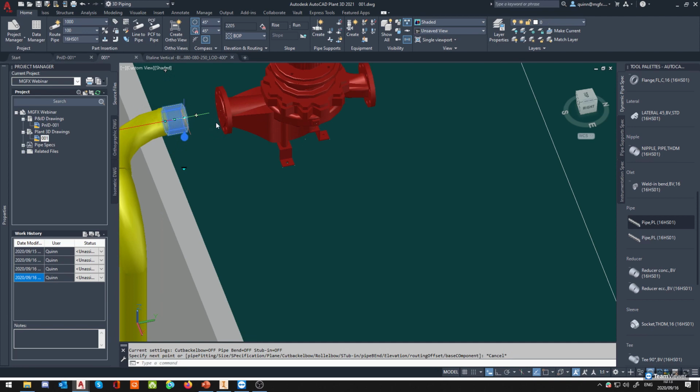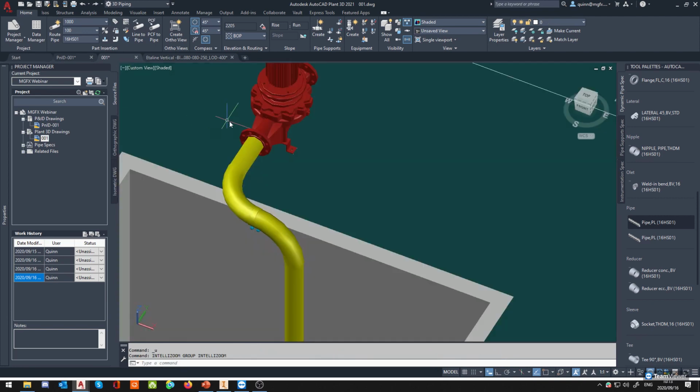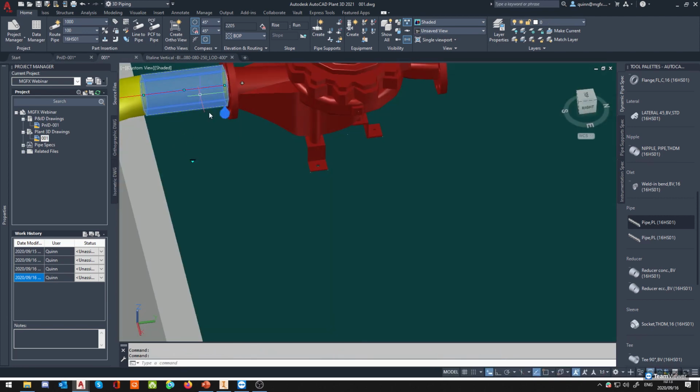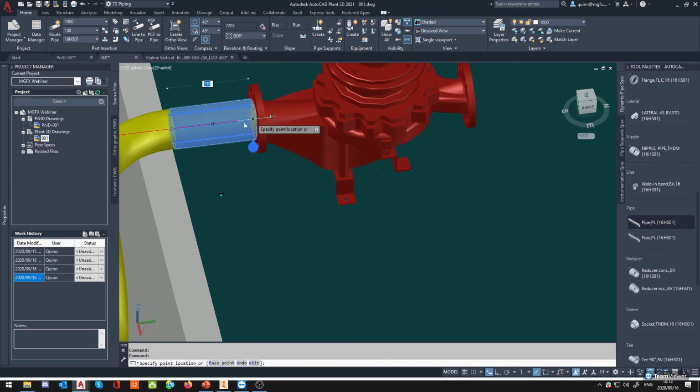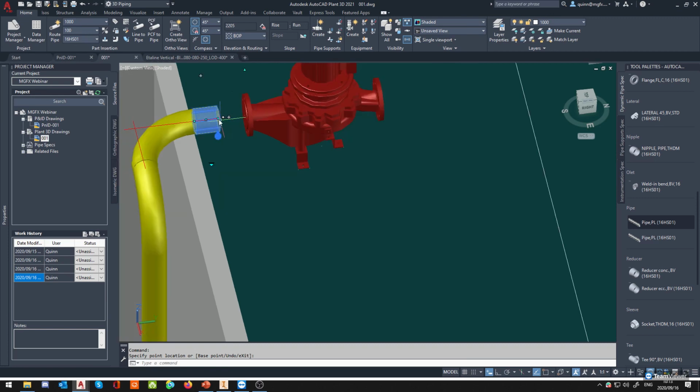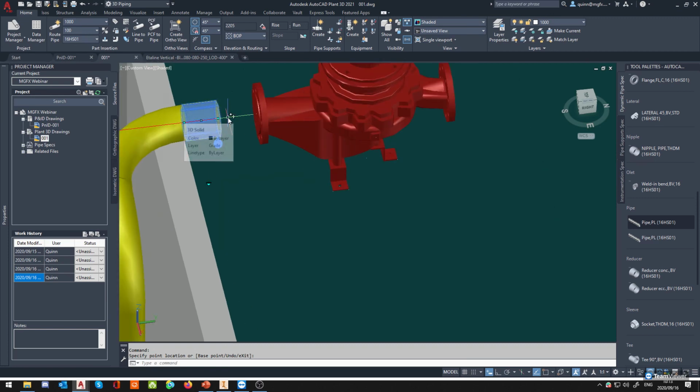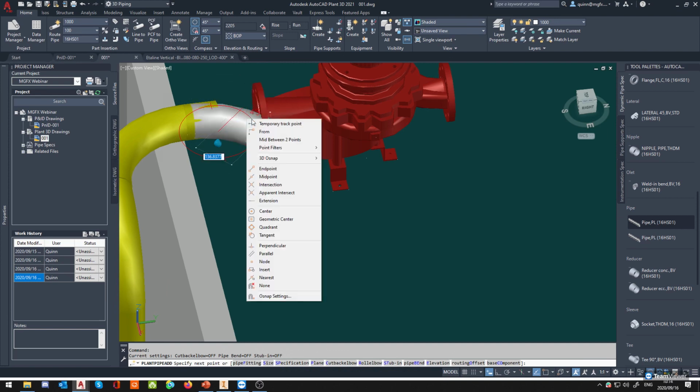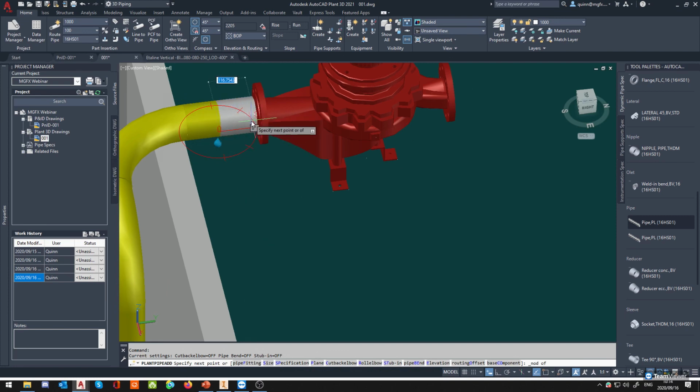You notice that I pulled the pipe back using the grip, just undoing a little bit. Show what I mean. I grab the little grip on the end, pull the line back, and you notice the line is gone, because it's actually consumed that polyline that was used. And by the way, it's just a normal polyline. You can even join normal lines together and then use your join command to get them into a normal polyline, and it'll also work. So what I can do now is just use my node